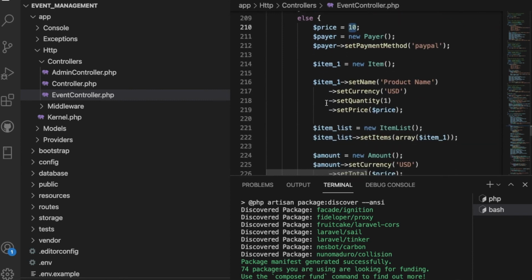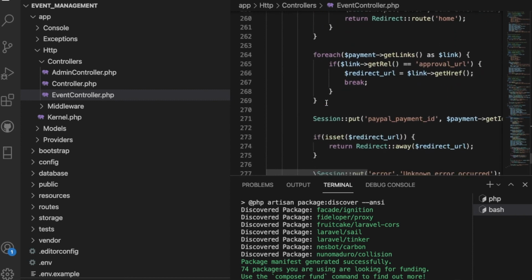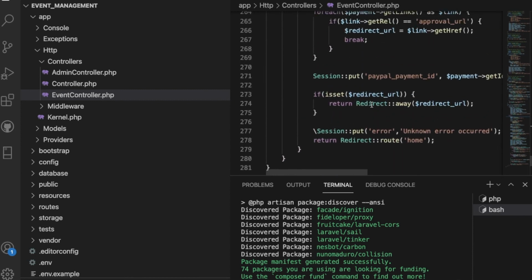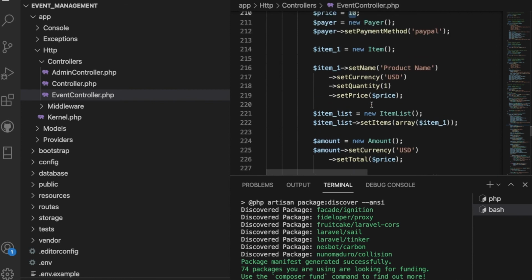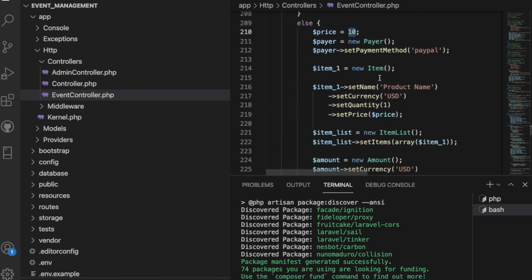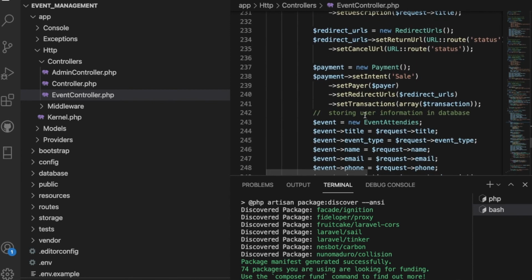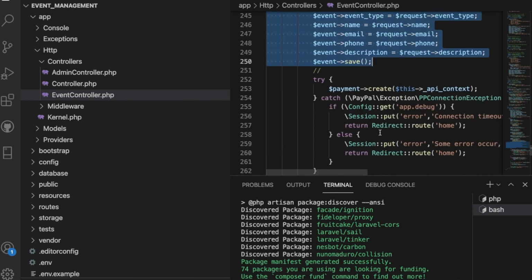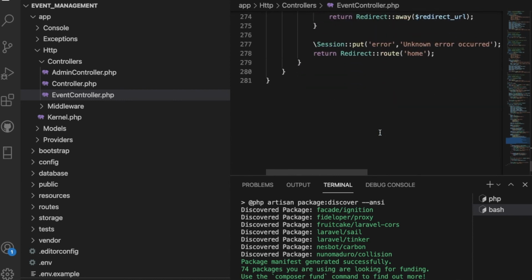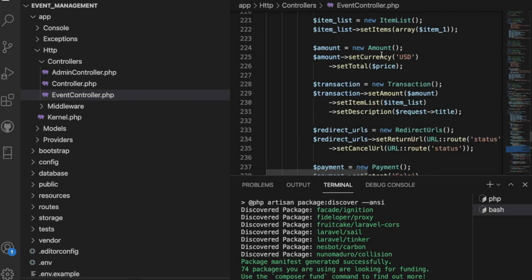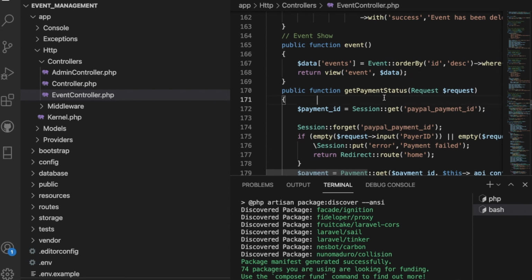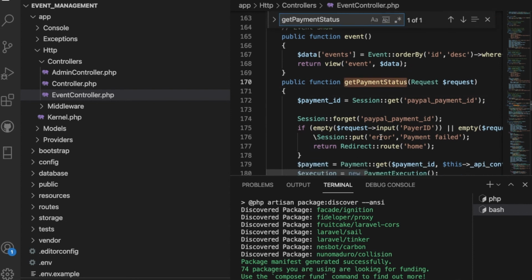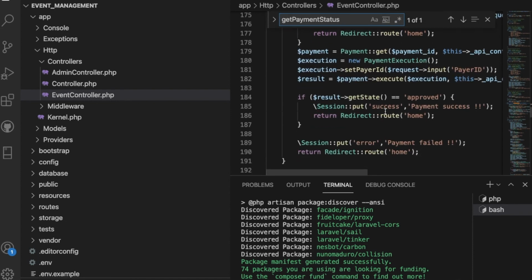If everything is fine, then what we're doing here, let me scroll down. We are basically passing the data also. I'm not going to explain this right now, so you can check my blog also. I will write a blog, and here again we are storing the value. If everything is fine, then we are redirecting. We have different functions here. Get success: if the status is successful, if it is approved, then we redirect to the home page and we get the alert.